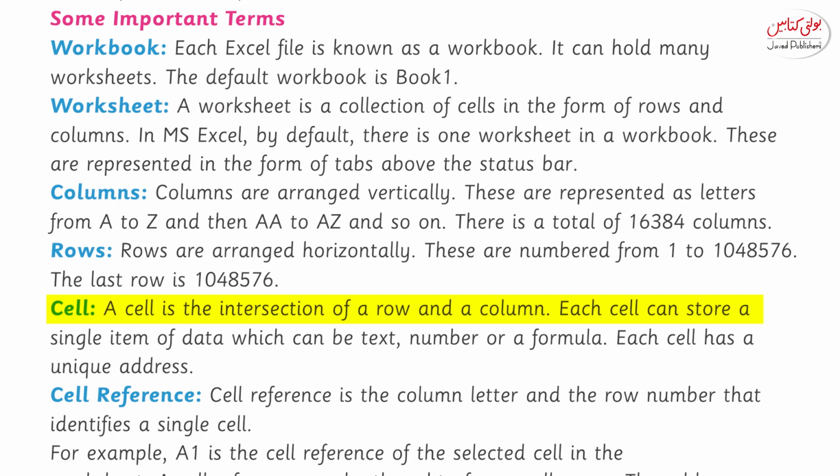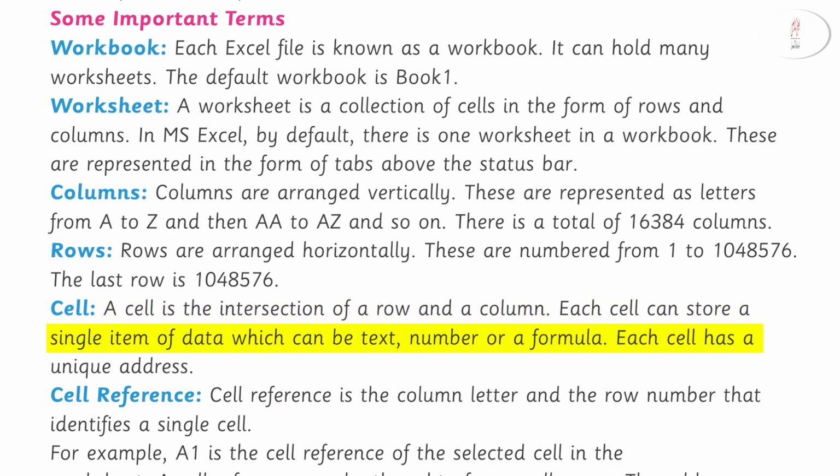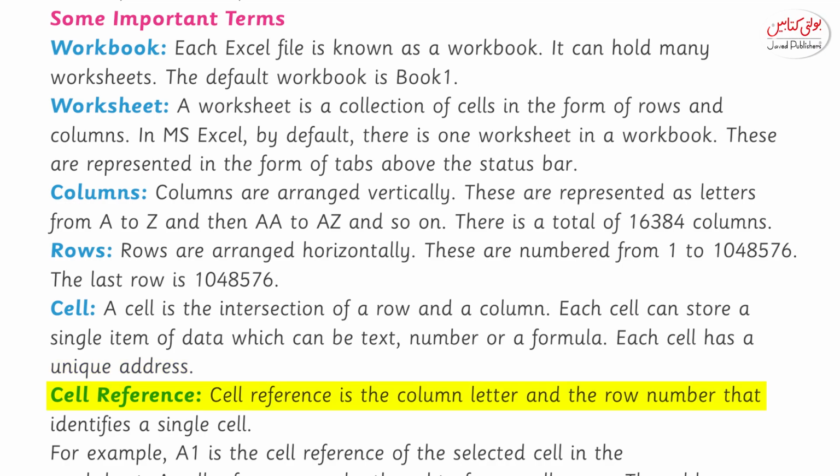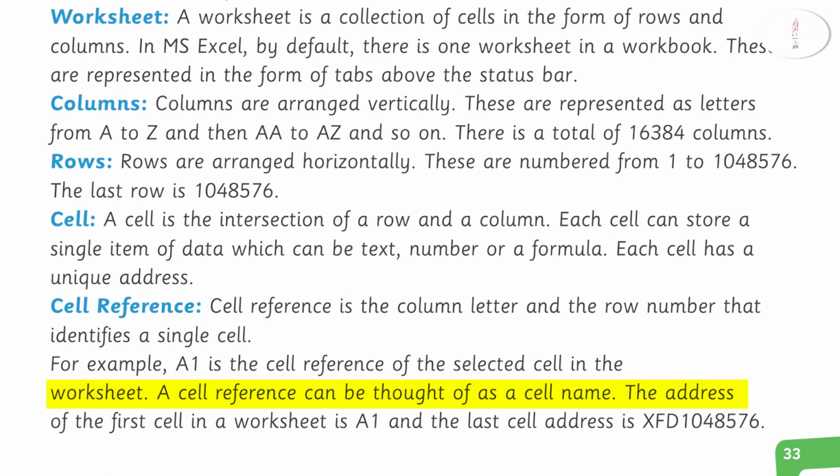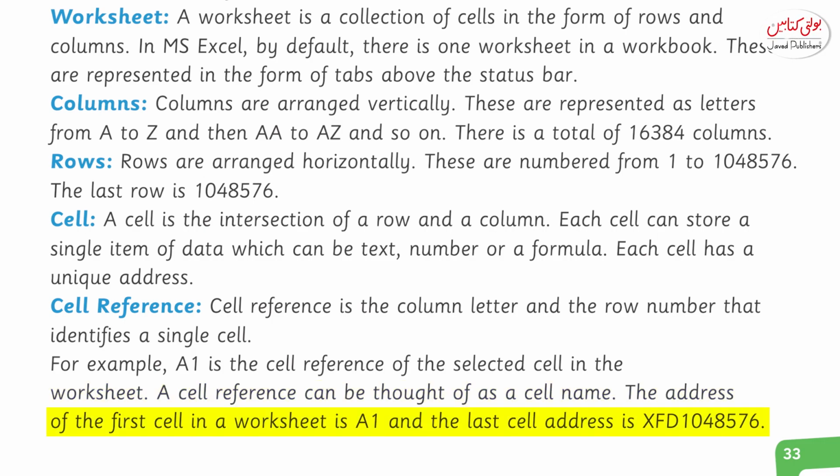Each cell can store a single item of data which can be text, number or a formula. Each cell has a unique address. Cell reference. Cell reference is the column letter and the row number that identifies a single cell. For example, A1 is a cell reference of the selected cell in the worksheet. A cell reference can be thought of as a cell name. The address of the first cell in a worksheet is A1 and the last cell address is XFD